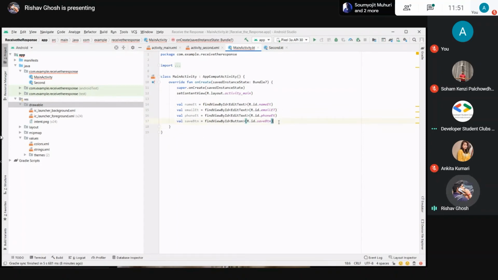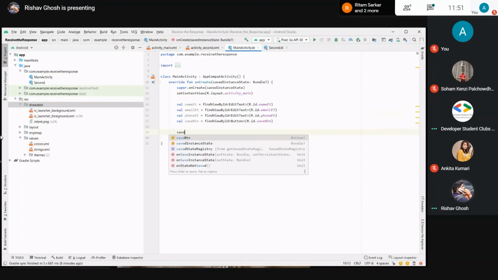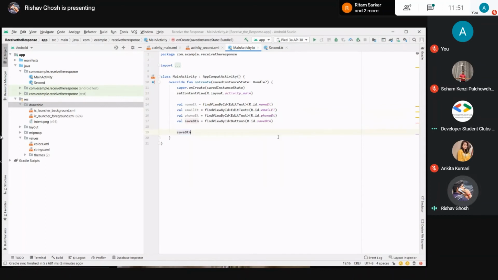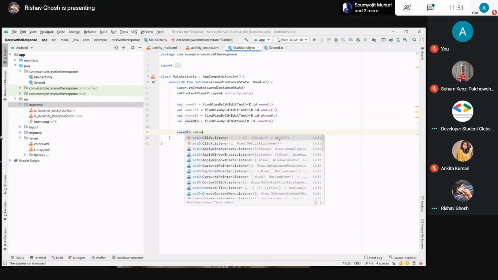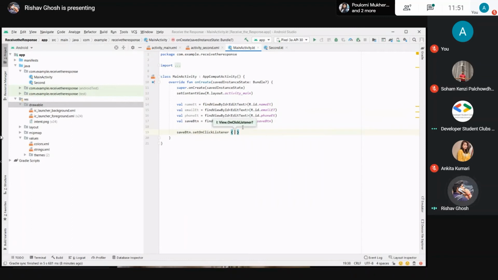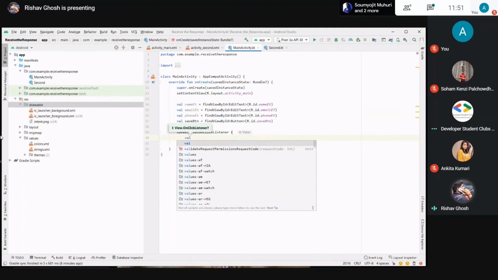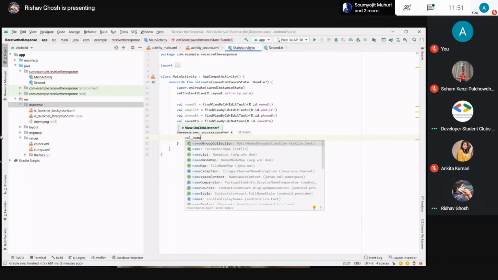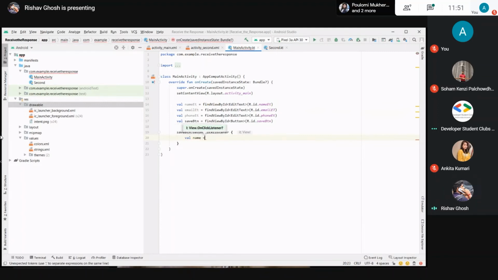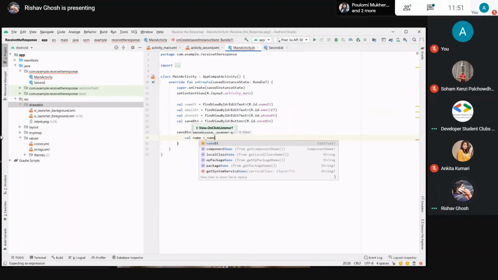set the on click listener function. So for this we just type save button dot set on click listener, and then we need to put the values in it. For that we just need val name equal to name it